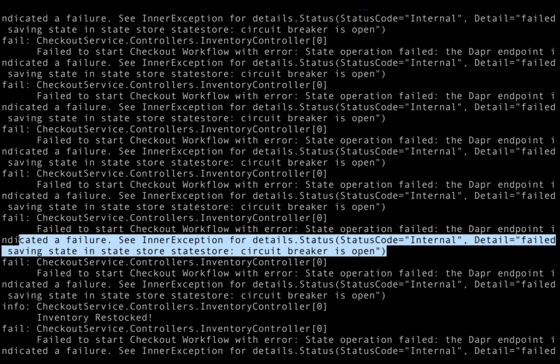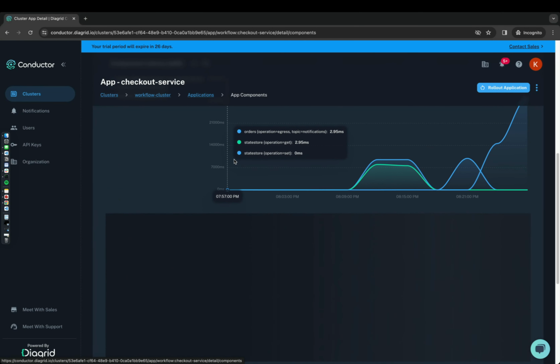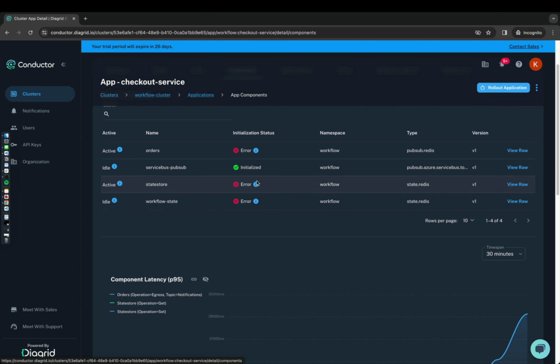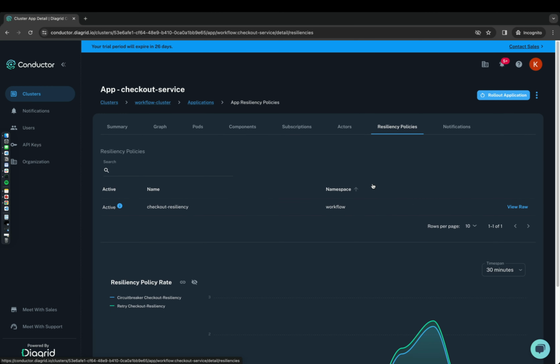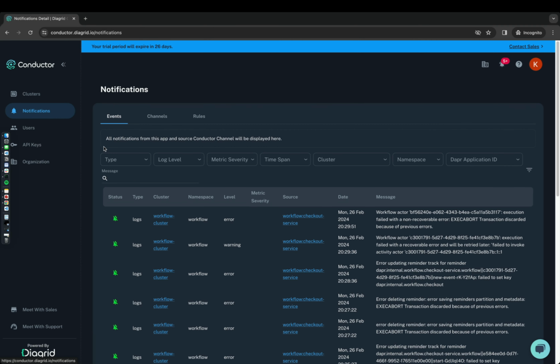If we look back in Conductor, the pub sub component is also now showing signs of failure, as it relies on the same Redis instance. We can also confirm that Conductor is showing activity with the resiliency policy on the state store and the pub sub broker. In this case, an operator could notify the backend team they need to increase the size of their